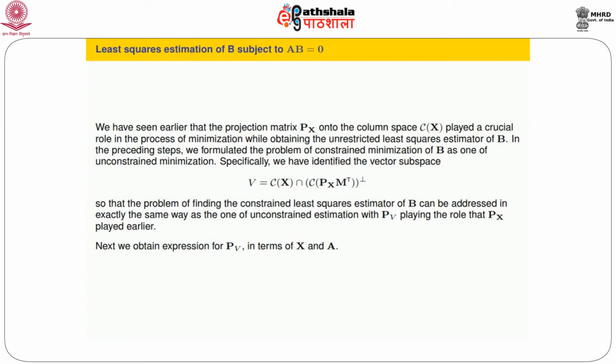There's a reason we are doing it. It will be clear in a moment. But the fact that this is equal to this is a consequence of the fact that Px X is equal to X. So if we take the transpose of this, we get X transpose is equal to X transpose Px transpose, which is the same as X transpose Px, because Px is symmetric. So we get this PV is equal to this.